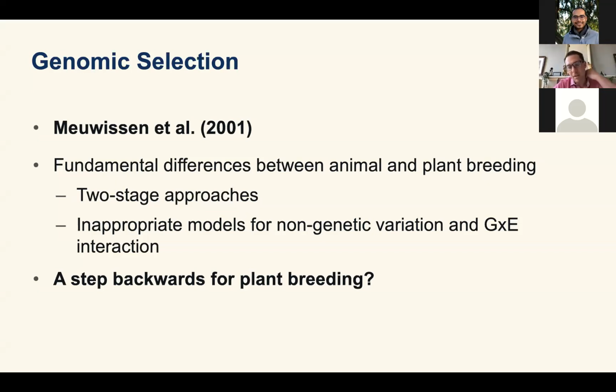Even nowadays, in the way these things are taught, the two-stage approach is presented as the way to go, and really it's not so. With the advances in computing, we really should be putting the raw data in a single model, modeling our non-genetic variation, modeling our GxE, with our markers and everything all in a single model. These two-stage approaches are less warranted these days, at least, depending on what size data you have.